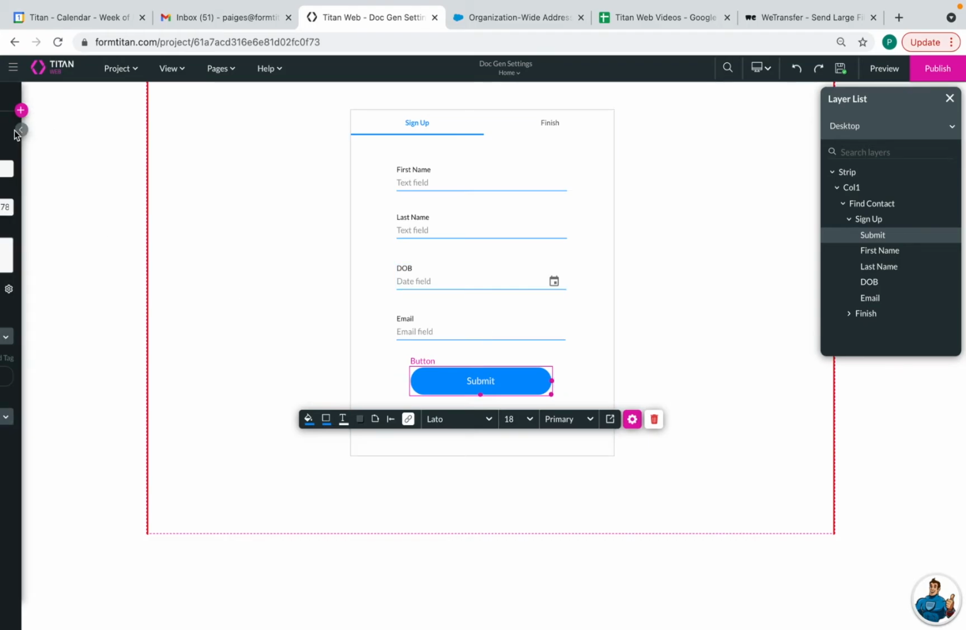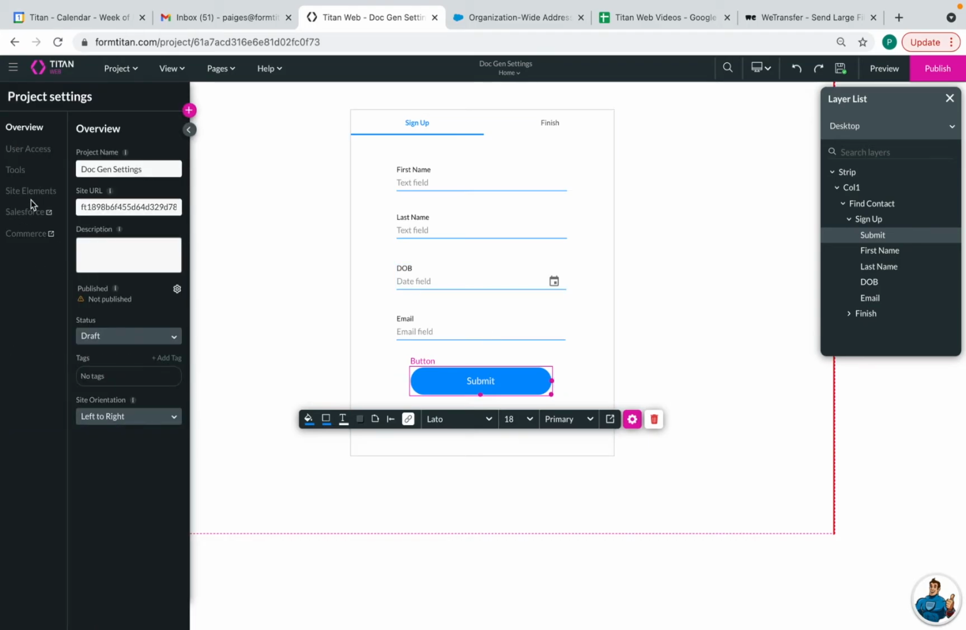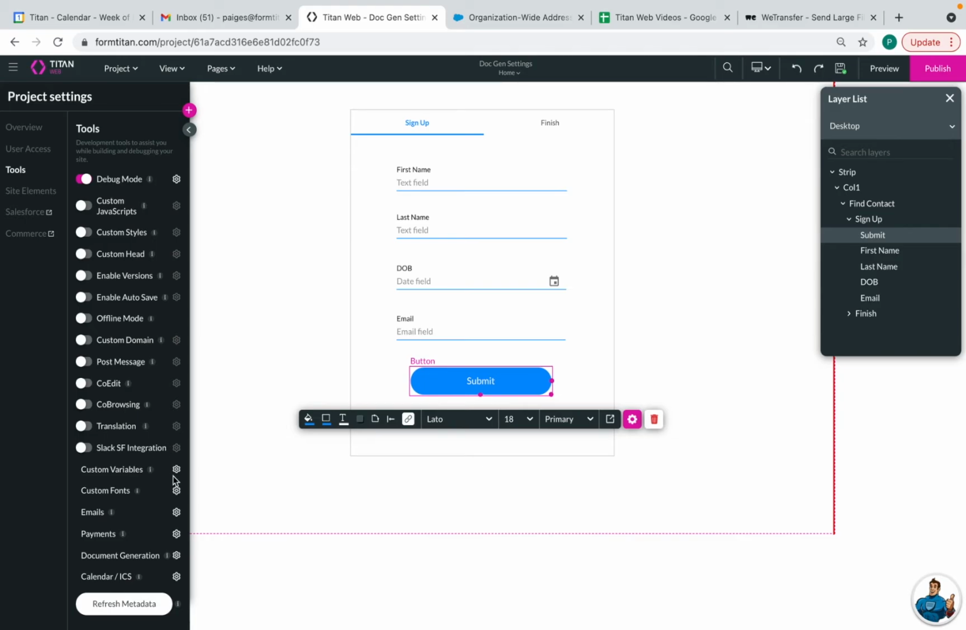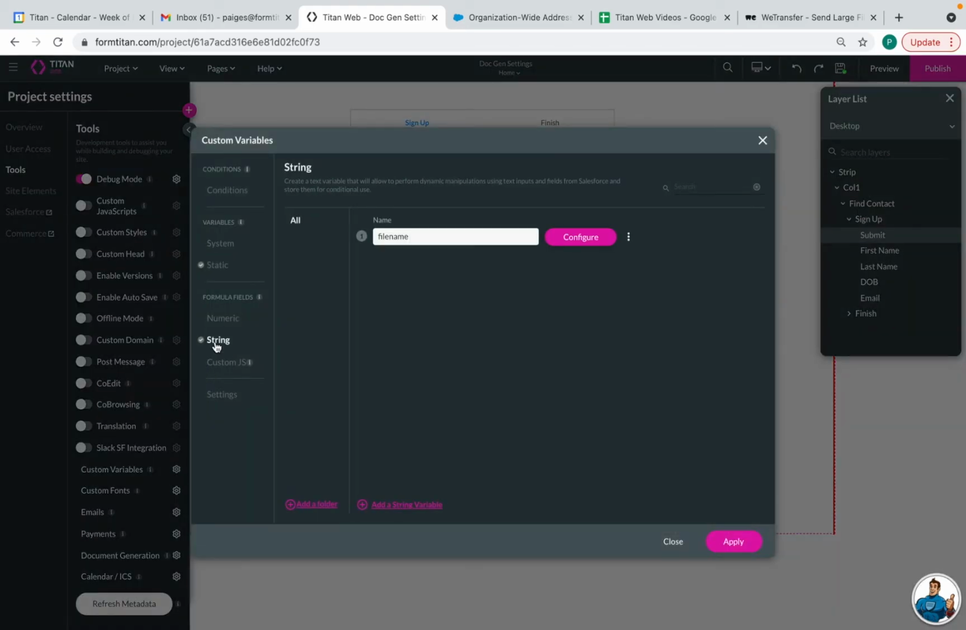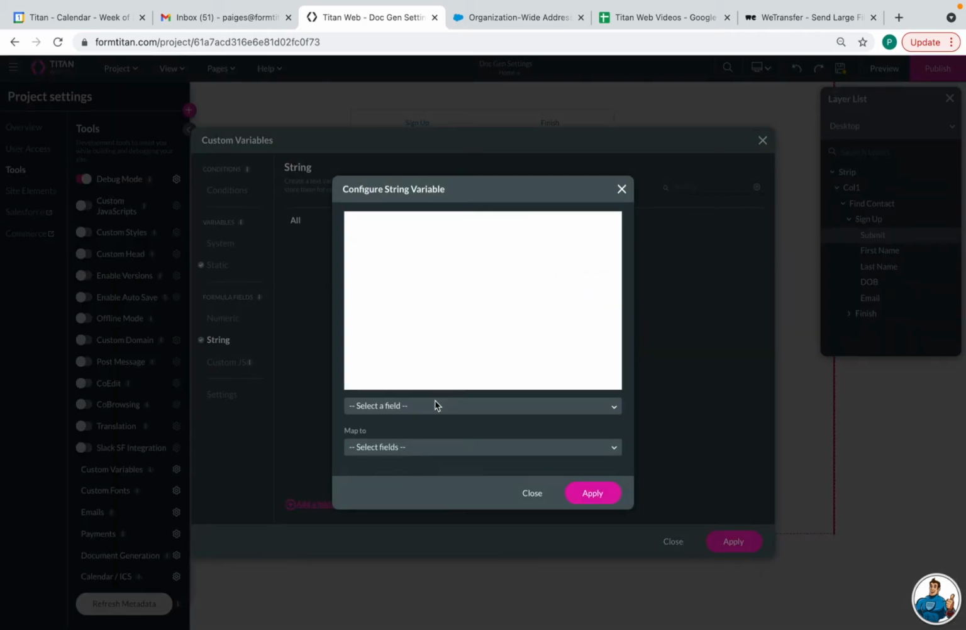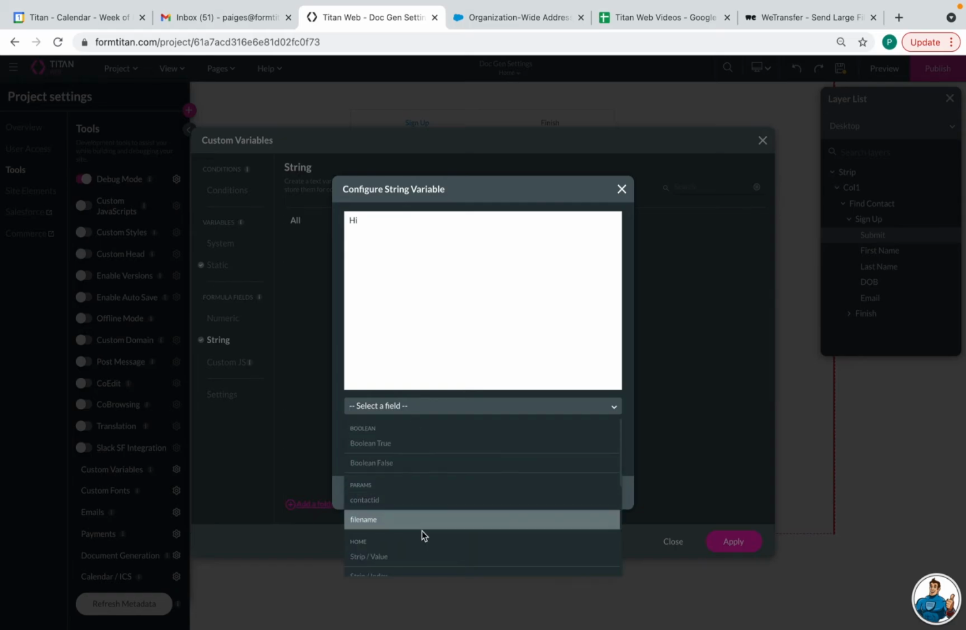And then we'll go back into our custom variables. Go to Tools, Custom Variables. It's another string variable because we want to be able to include both string text and fields from our form. So I'm going to call this one email body, and then choose configure. So my email is going to say hi, first name,